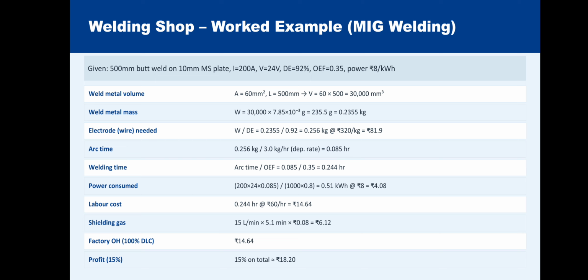So we can find weld metal volume: A is equal to 60 mm square, L is equal to 500 mm. So V is equal to 60 into 500,